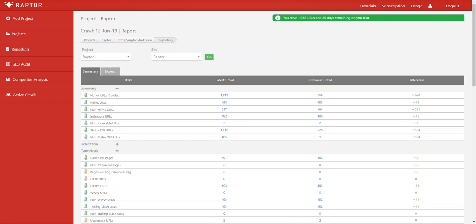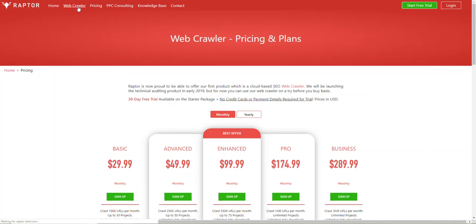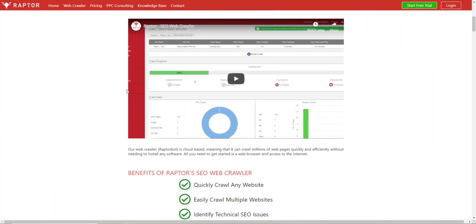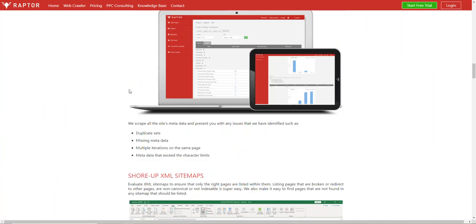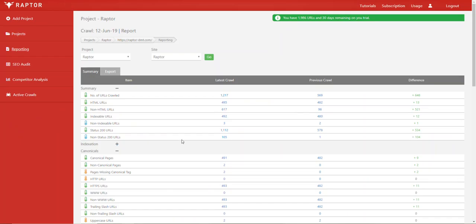For example, if I go to a web page here, such as our pricing page, or I navigate to a page on our web crawler, you can see that this page loads and you can access all of the content, and that means that the page is returning a 200 response code. If a page isn't returning a 200 response code, that typically means that it's inaccessible, and that could be for